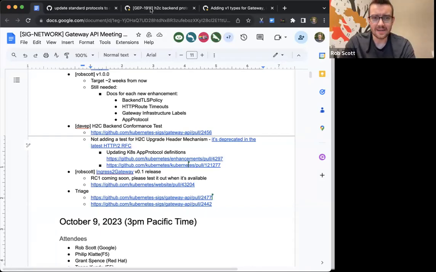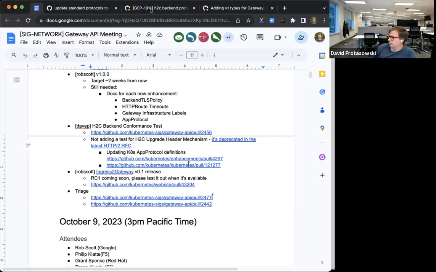Yeah, it'll require a little bit of work because the conformance tests expect an HTTP connection and then start sending requests, versus WebSocket would be like establish it and then maybe send some messages.